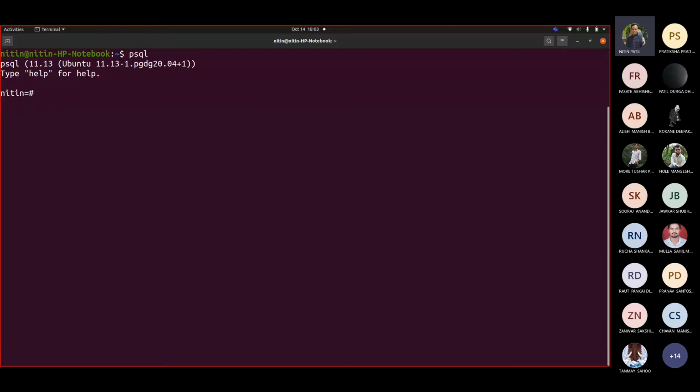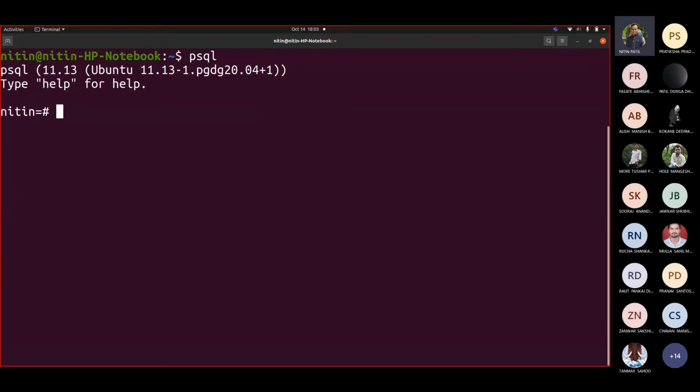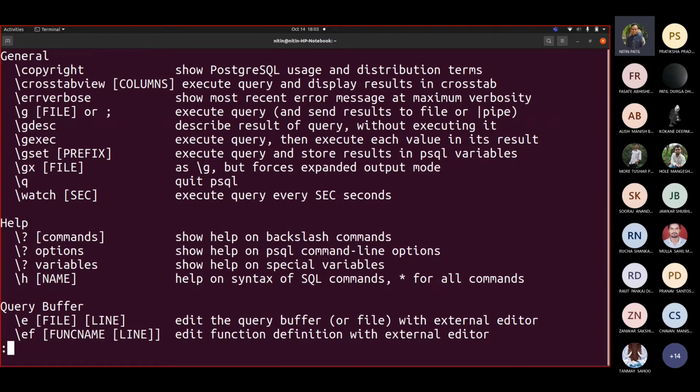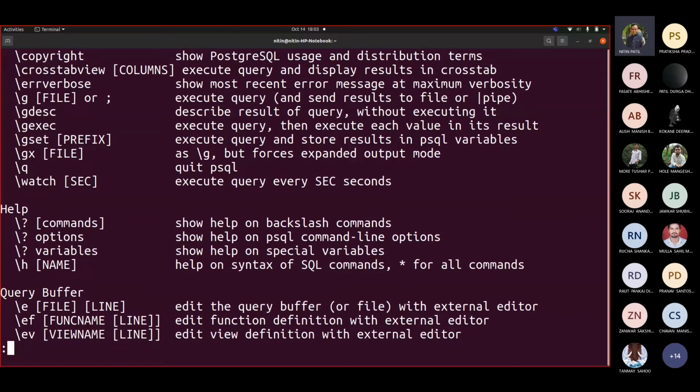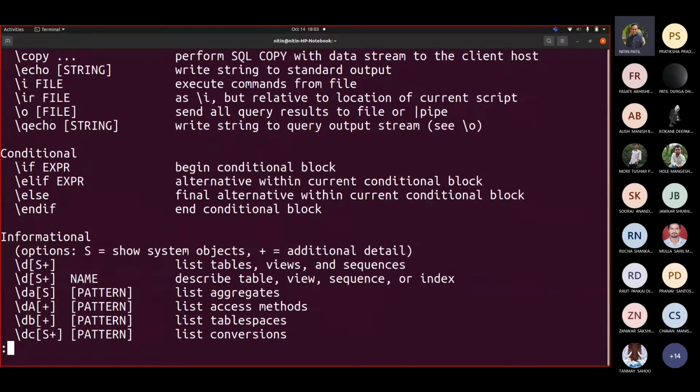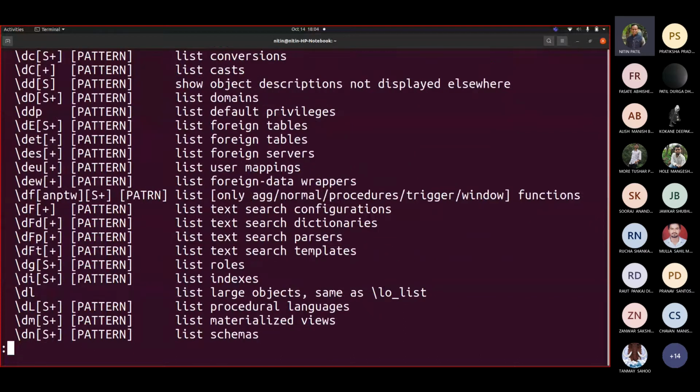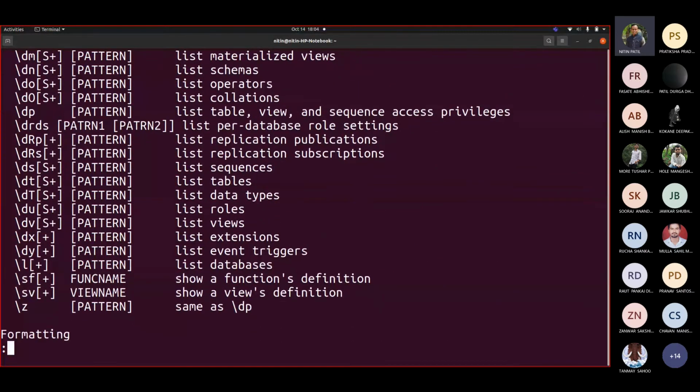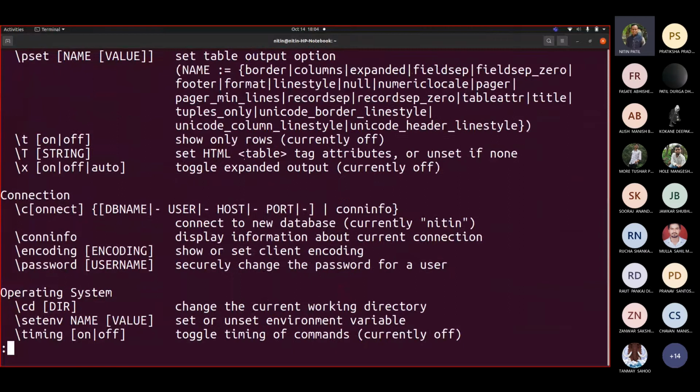So let us go with this PSQL. Fine. And let me see what other features might be there. Whenever you write /?, you do get information about the different commands which are available with your client. So these are the commands that you can make use of, and let us see which one would be better for us. One by one we will be seeing most of them.